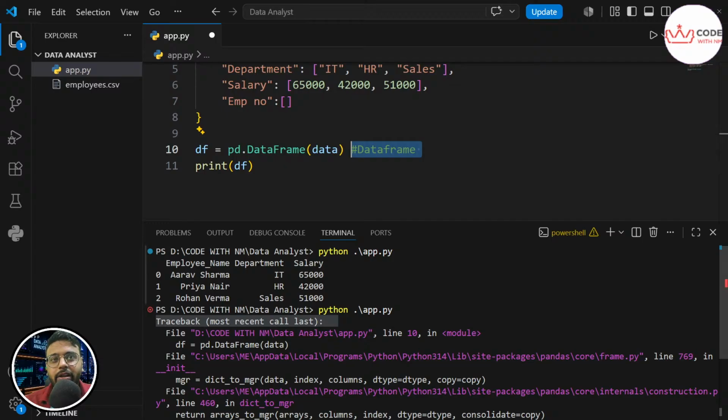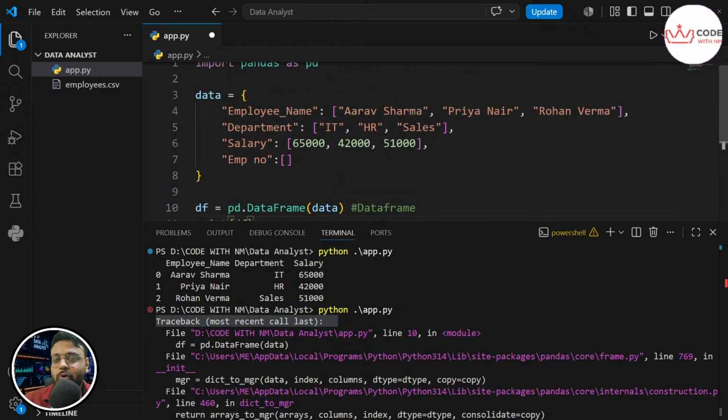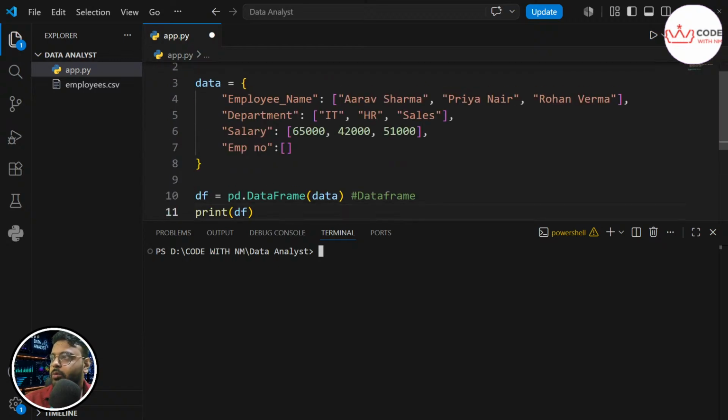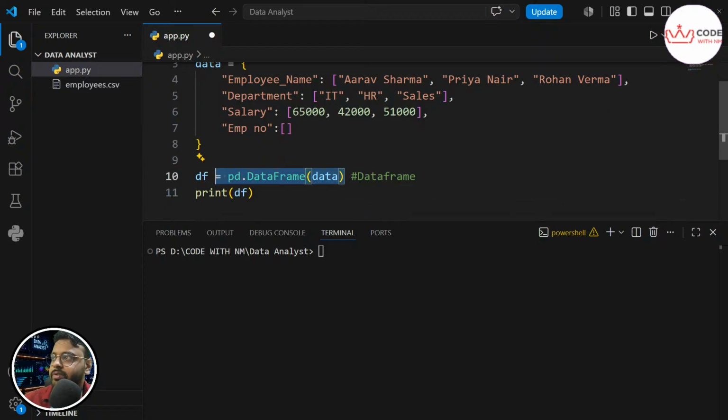And in the interview, you won't get VS Code to code, you will get, for example, a notepad or a Google sheet, and there you need to code, and the interviewer will check. If he doesn't know that F should be caps, then he doesn't know how to code. So these are all silly beginner mistakes, don't do them. Case sensitive typos and all this. Okay, so I hope you understand very well what a data frame is, how it looks, what the code is, and how to create it.